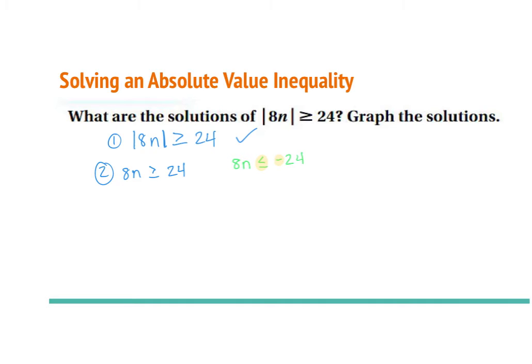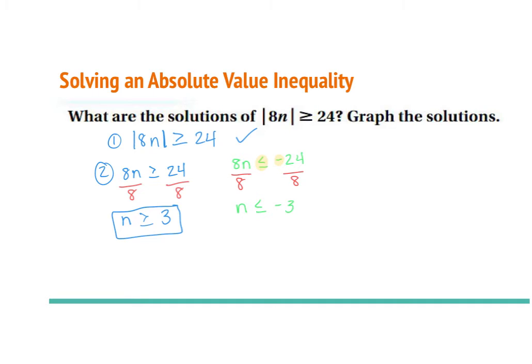Okay, next we have to divide by 8. Divide by 8. We're going to get n is greater than or equal to 24 divided by 8 is just 3. So n must be greater than or equal to 3. We're going to box that in. That's one of our inequalities. And our second inequality, you have to divide by 8 again. Divide by 8. And what we're going to get is n is less than or equal to negative 24 divided by 8 is